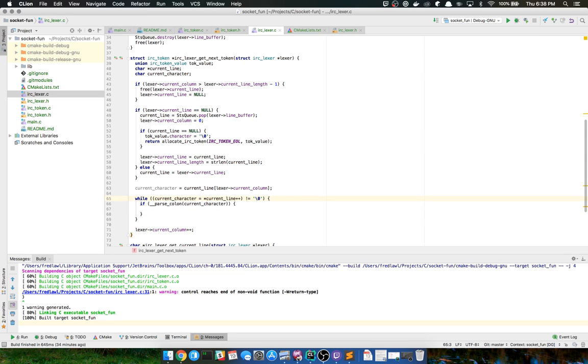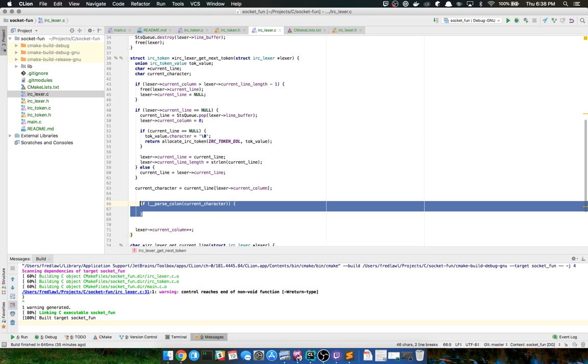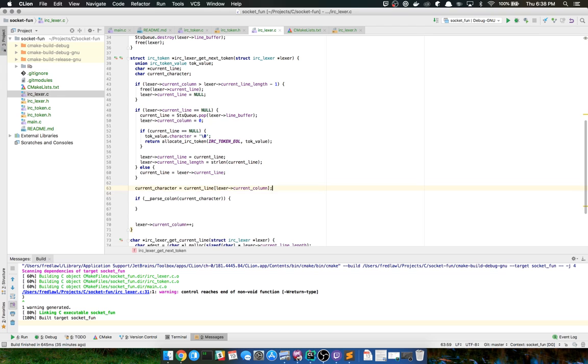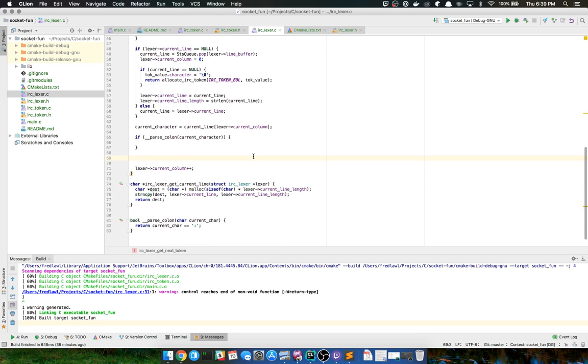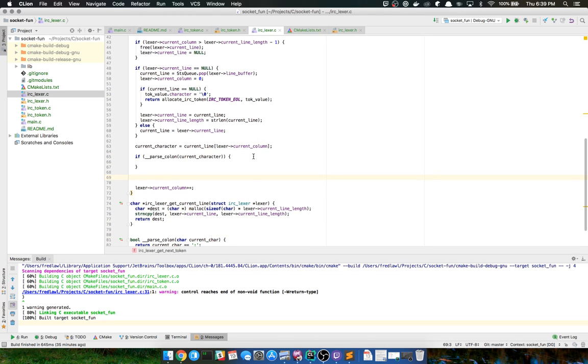Now that I have the character, it's up for the interesting parsing bits, or tokenization bits. Here, what I could do is introduce that string literal, right?